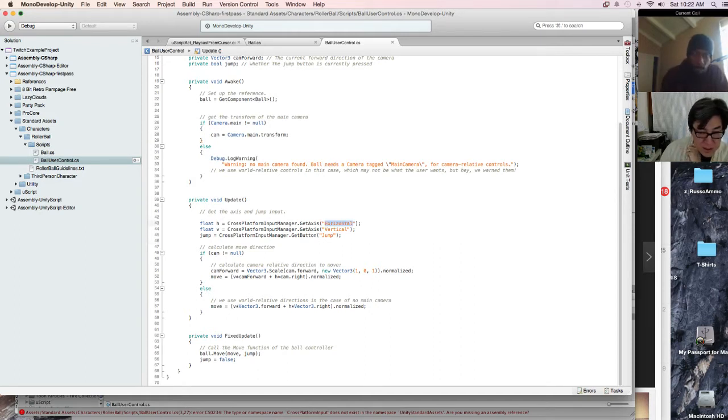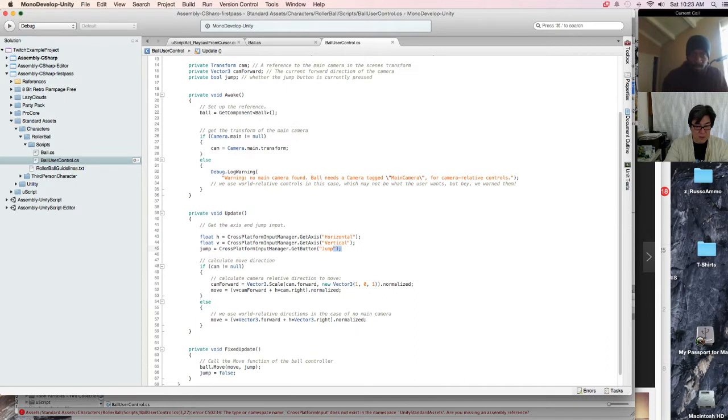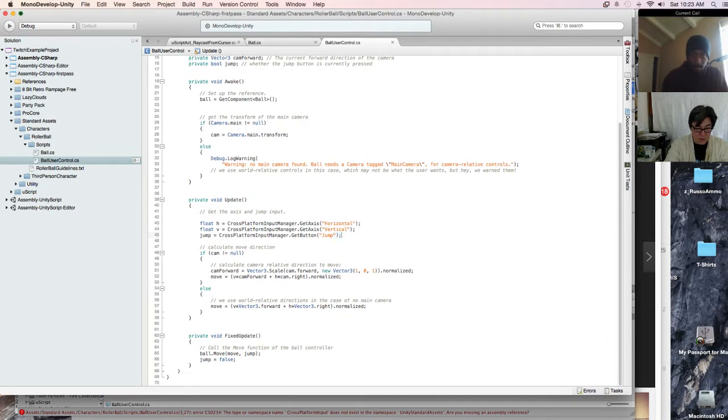Update. Get axis. Horizontal and vertical. That could be assigned in the input manager, right? So you can say that the horizontal axis is defined by left and right arrow, mouse left, like sliding the mouse left and right, or joystick, whatever, right? Same with vertical, and then the jump button. So I'll show you. Let me take a note, and I will show you an example.